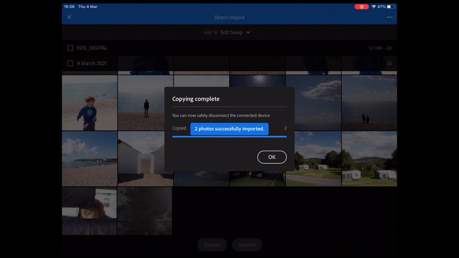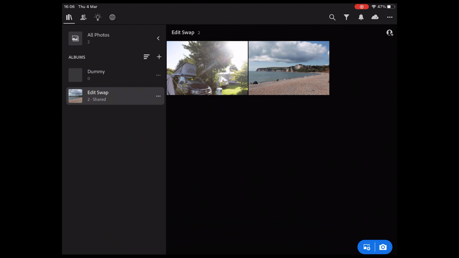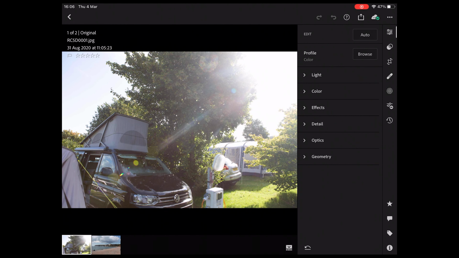So I can now take the memory card out, and it's told me that 2 pictures have been copied. So that can now go back into the camera ready for when I'm shooting again. And I have these 2 photos in my iPad, which I can then edit. I've got some